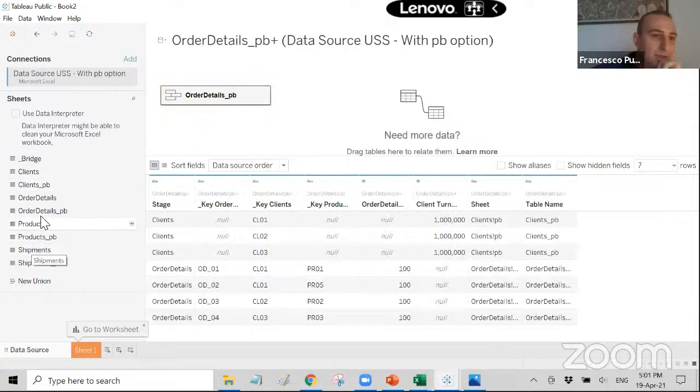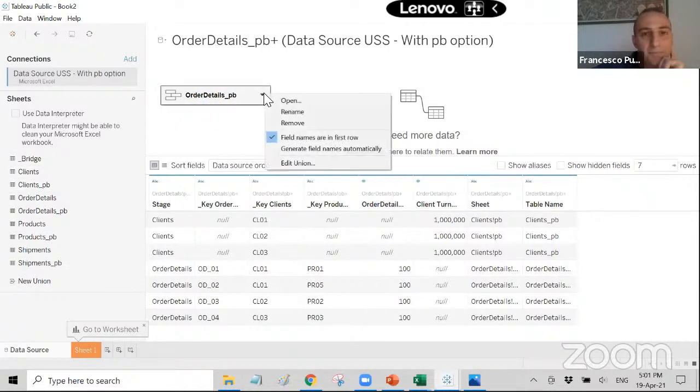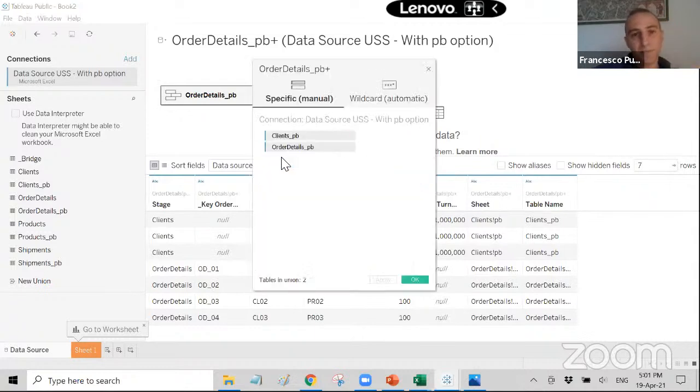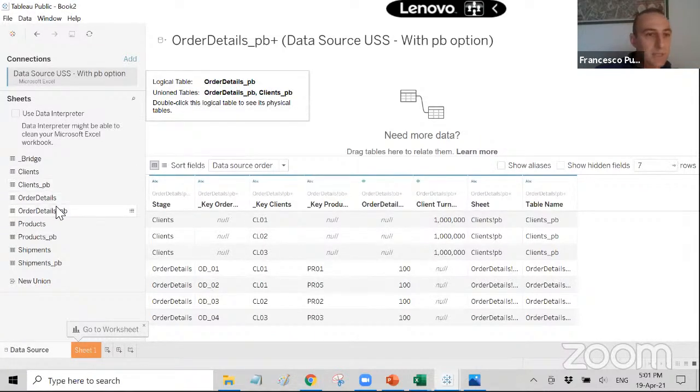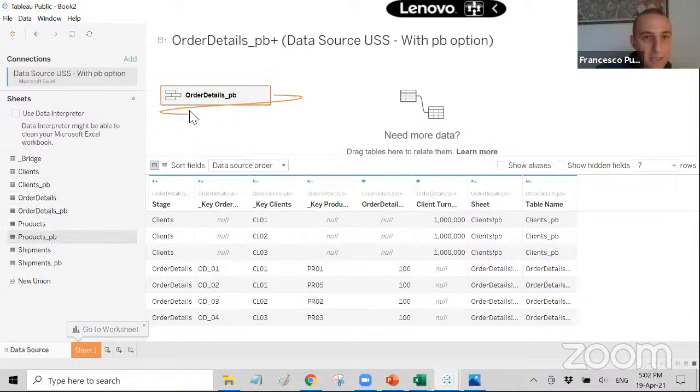And then you take the, what was that? I already forgot. It was the clients. So I take now the products PB, I drag it here. Here you go. And imagine if you're not interested in anything else, you just keep these 3 stages.